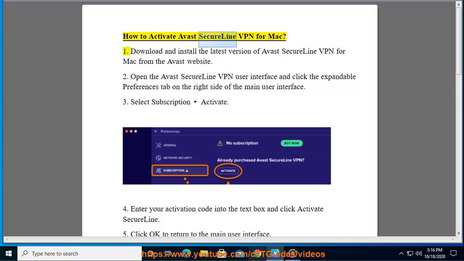How to activate Avast SecureLine VPN for Mac. 1. Download and install the latest version of Avast SecureLine VPN for Mac from the Avast website. 2. Open the Avast SecureLine VPN user interface and click the Expandable Preferences tab on the right side of the